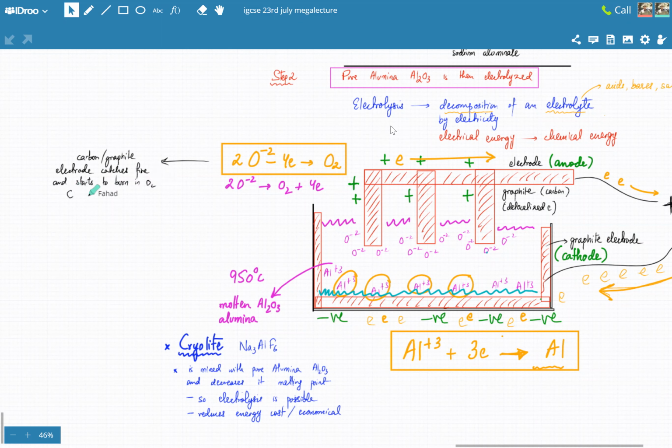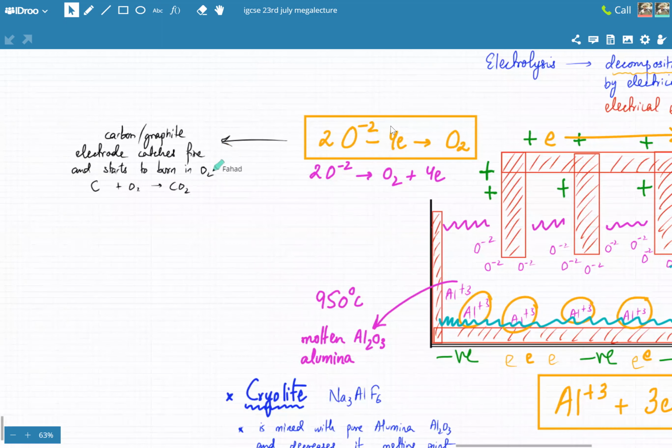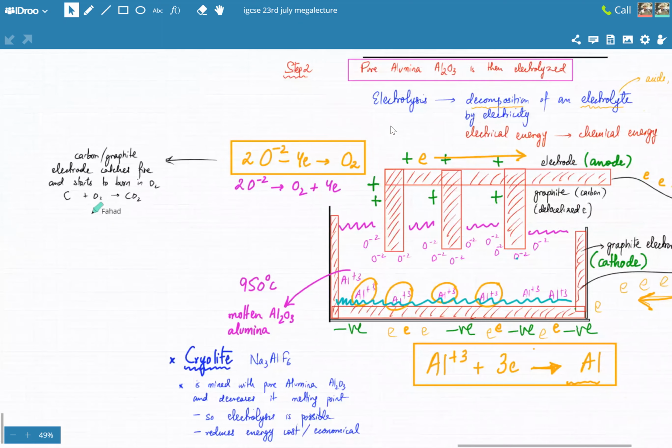So carbon and oxygen are going to react to produce carbon dioxide. Okay, so this happens, and the electrode, this comb-like structure on the top, has to be constantly